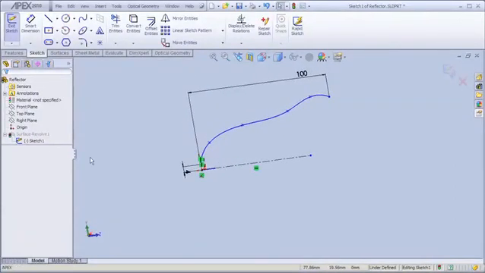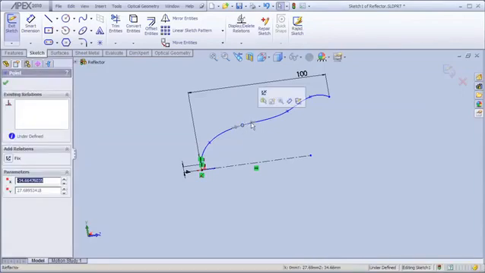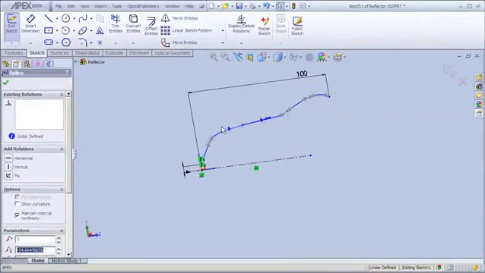So here's our original spline curve, and what we're going to do is change it a little bit and see how it affects the performance of the system. So the easiest thing might be to select one of the spline points and then just simply adjust the shape of it. I want to make it not a significant change, but somewhat noticeable. So how about something like this? Probably not a good reflector, but again, it will show that we have made some changes. I'm going to exit the sketch